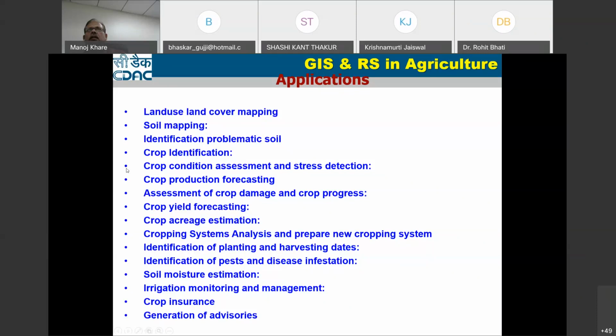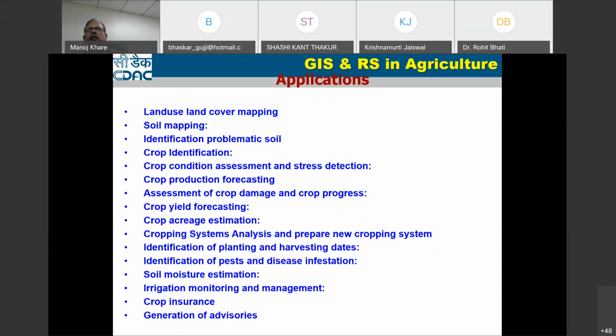How can we do it? First you have to identify the crop and the area, then you can think about what the yield could be for that particular district or farmland. Then crop area acreage estimation is also a very important application in agriculture. Another is cropping system analysis and preparing new cropping systems. What kind of cropping system is there in a particular area, and how can we suggest new cropping systems?